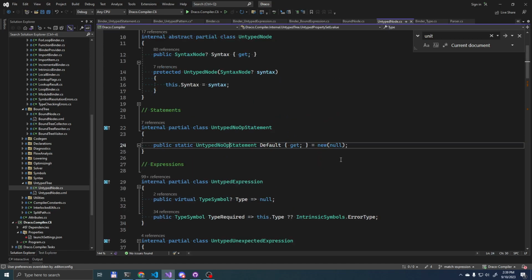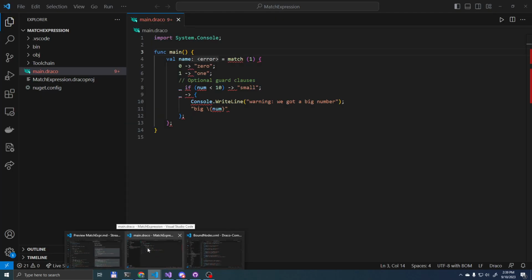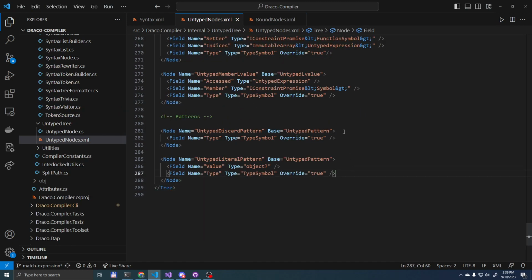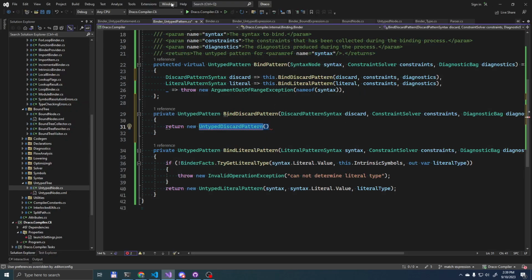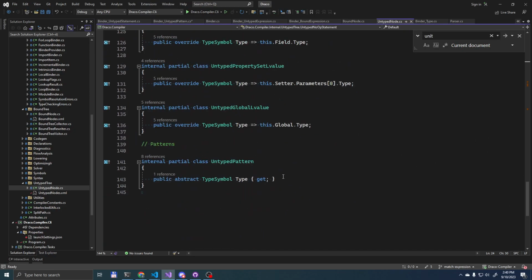Okay, well, let's not do that for now. We can do that later. But we can just get rid of the type for the discard pattern in the XML. We can just override it directly in the nodes here. We can say something like